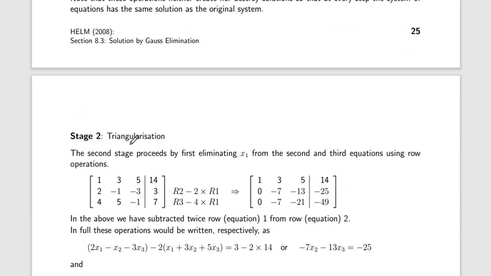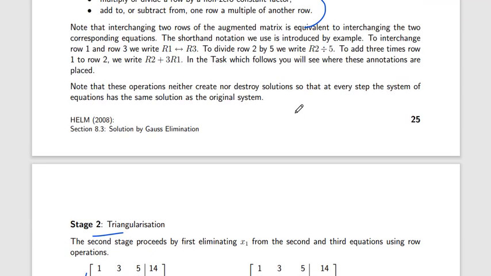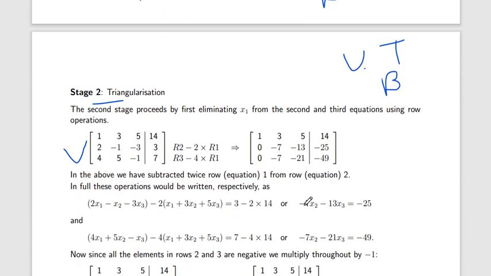Then the second stage is we make this augmented matrix into an upper triangle matrix. In simple Gauss elimination, first make the augmented matrix, then apply row operations and make it upper triangle, and with back substitution we can solve the linear equations. What is upper triangle? In an upper triangle, the elements above the diagonal are non-zero and the elements below are always 0. So we have to make these elements 3, 2, 4 and 5 into 0.